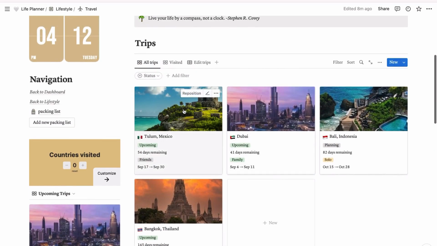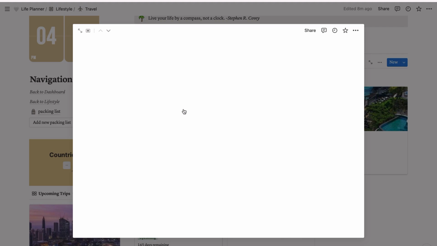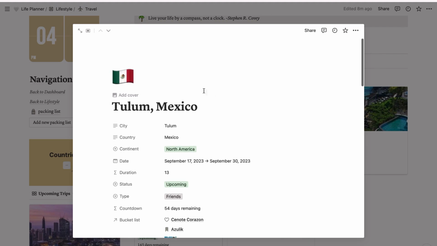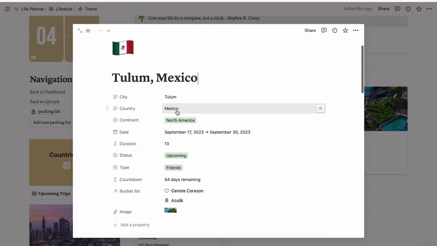So I'm going to go into the Tulum, Mexico trip, and what I like to do is add the country's flag as an icon, and then I'm just putting in Tulum, Mexico, where I'm going. And then again, you're going to be able to put in a city, country, and the continent, and then here, this is where you can put in a date. So I just put an example date,